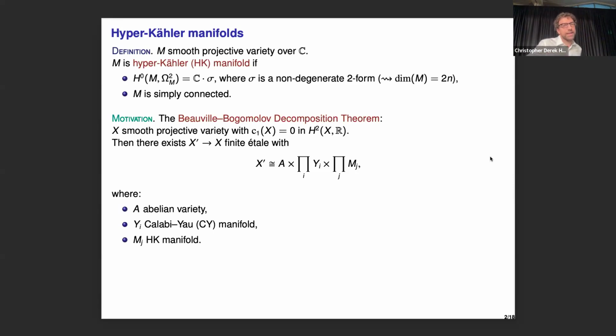So what does it say? Let me state it again in the smooth setting. If I have a variety which is smooth and projective, I take the tangent bundle and compute its first Chern class, and I assume that this is 0 in cohomology. Then the statement, which is sort of surprising, says the following: up to a finite étale cover, which I call X prime, this thing splits. So if I want to classify varieties with these properties, I only need to classify each of the factors in the splitting. There are 3 types. The first one is an abelian variety.